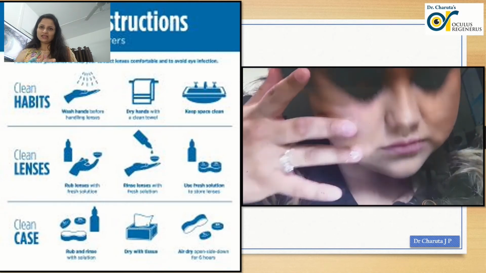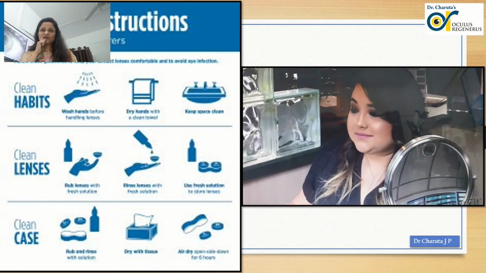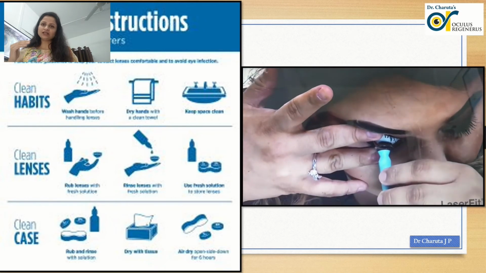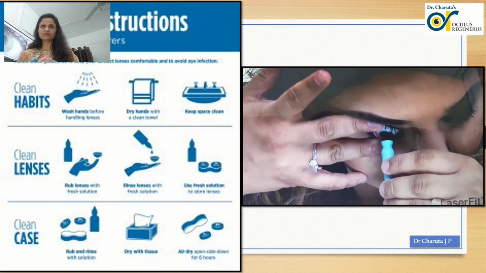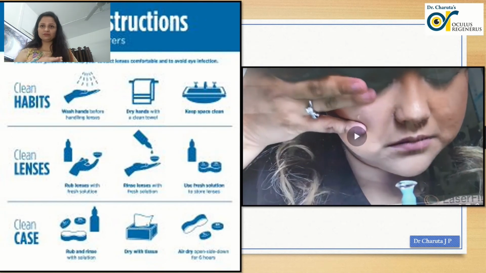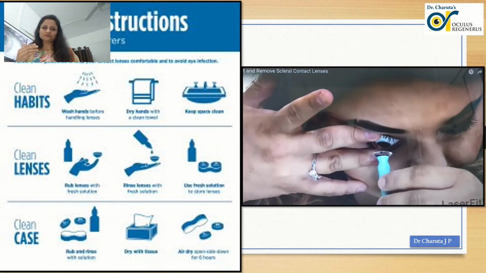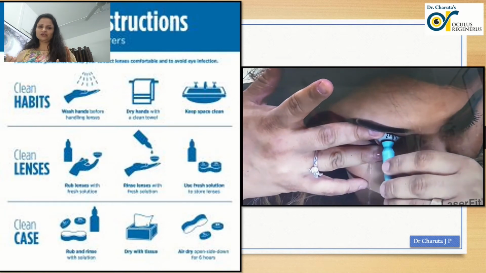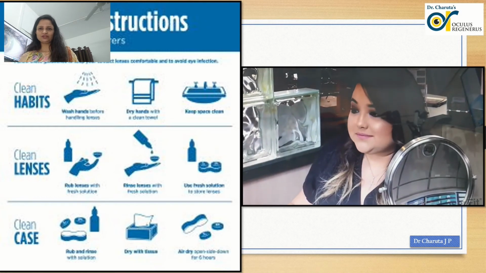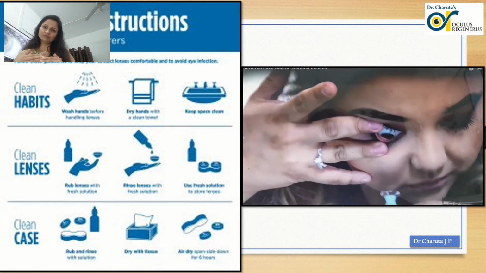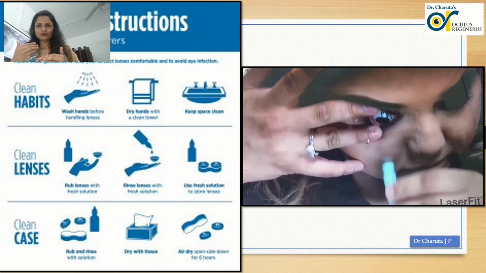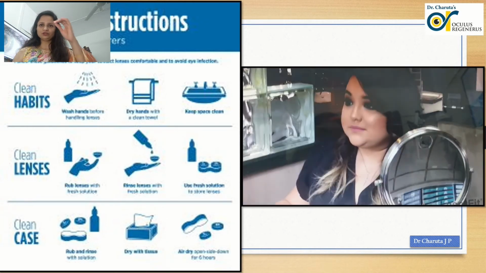So when you are using the lens, it is very imperative to use a contact lens cleaning solution. Now these cleaning solutions have an expiry date, so it's important that you keep checking it. Sometimes you have a big bottle and you've just forgotten to see its expiry date, and then you're using it beyond the expiry, so that's not done. Also, be very careful when you are using it: your hands should be clean before you handle the lens, and use a fresh solution every time, don't use the last time's solution. These are some basic things which we educate the patients about, and like I said, very simple. If you follow these rules, then you're going to be safe even on the road.